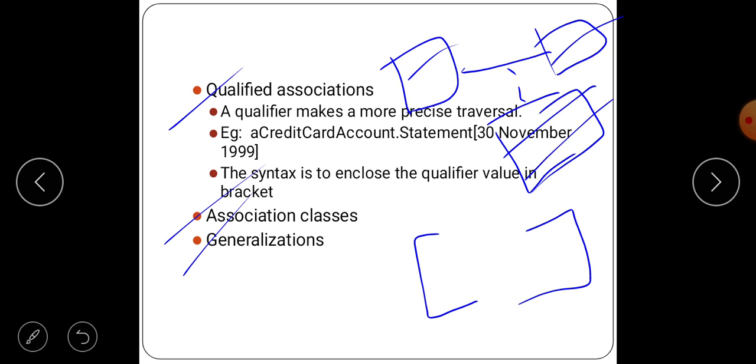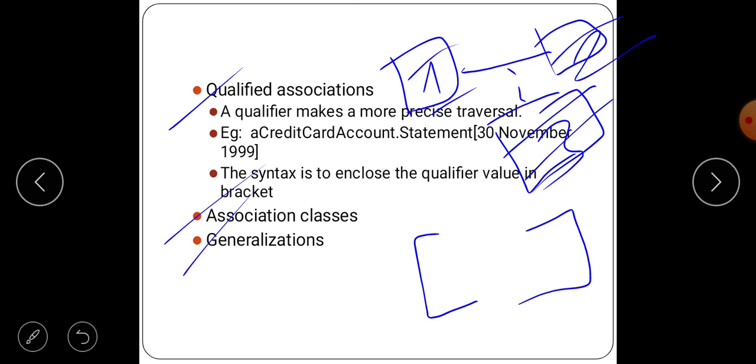These are two normal classes, and the third is the association class. The UML notation for the association class is a dotted line.